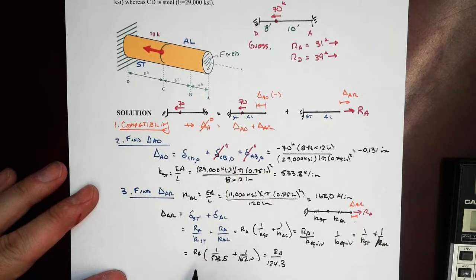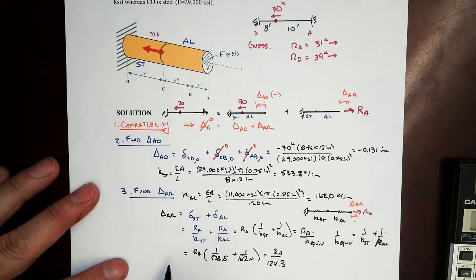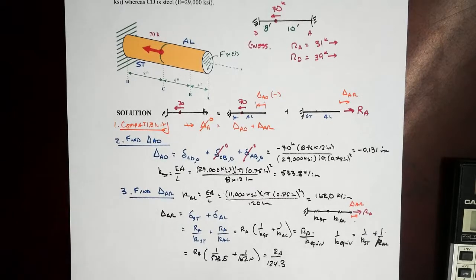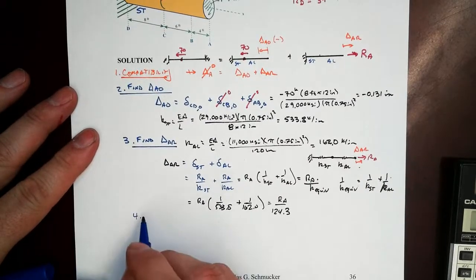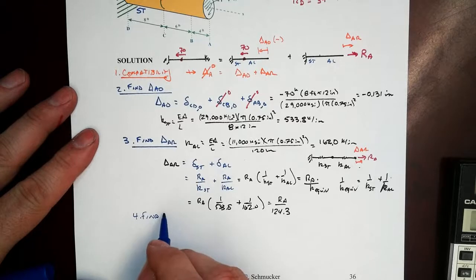Interesting. Right? That over here, that over there, that plus that divided by all that. That's how that worked. Okay, so now that we have delta AR symbolically, we can then pull this together. We can find RA